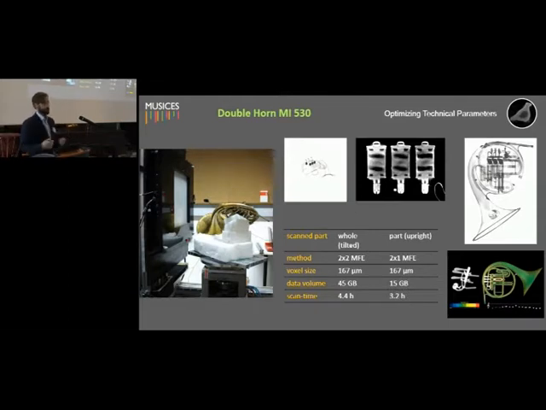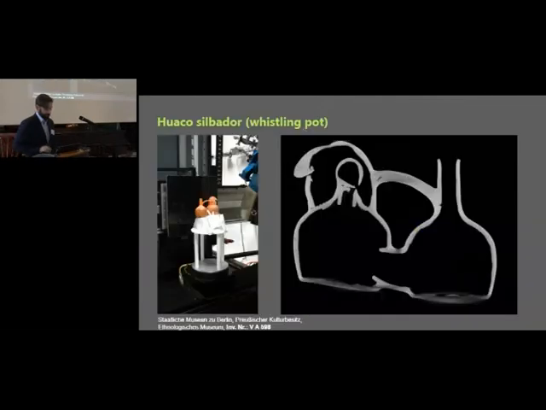So the positioning and how we calculated the position and all this. At the end, the result was quite good. The crucial part, we can see the structure, and yeah, we can judge whatever someone wants to judge in the valves of a double horn. Similar objects could be something like this whistling pot, where you can see that we have already some problems of